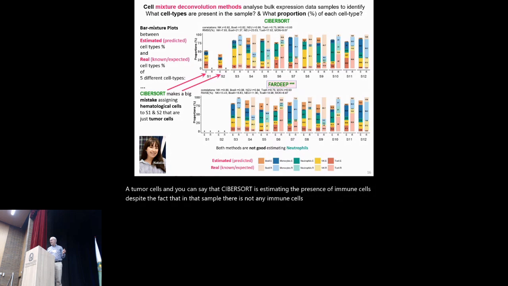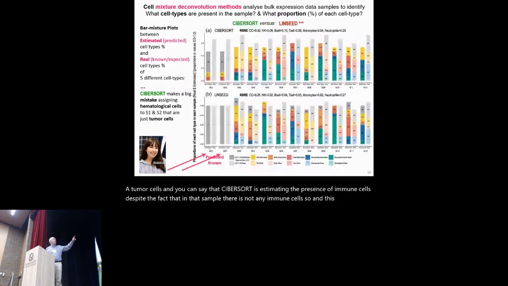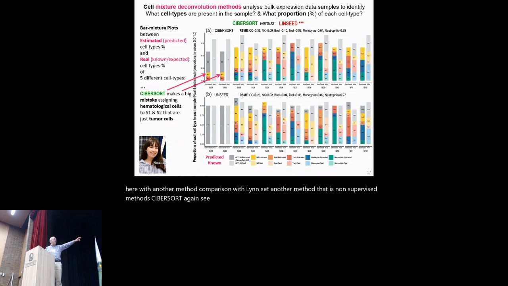And this is the same here with another method, the comparison with Linset, another method that is a non-supervised method. CyberSort, again, here you can see sample 1 and sample 2, they have only 2 cell lines. Those are colon cancer cells that are produced in this sample to do the comparison of the algorithms. And then sample 2 and sample 1, they are only tumor cells without any of these immune cells. But again, CyberSort is still estimating the presence of certain immune cells. Why? Because it's designed to estimate